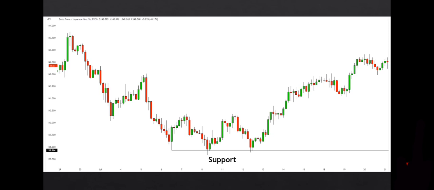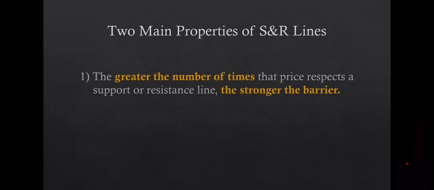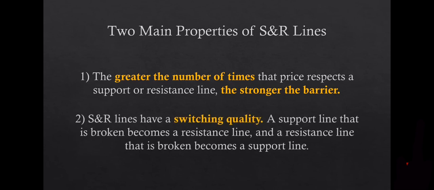There are 2 important properties of support and resistance lines. 1. The greater the number of times that price respects a support or a resistance line, the stronger the barrier. 2. Support and resistance lines have a switching quality, meaning that a support line that is broken becomes a